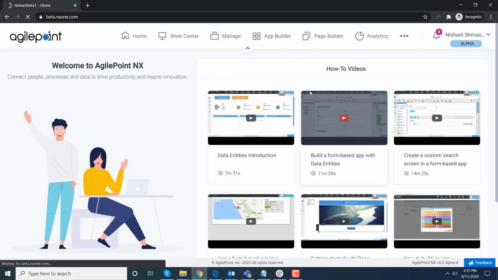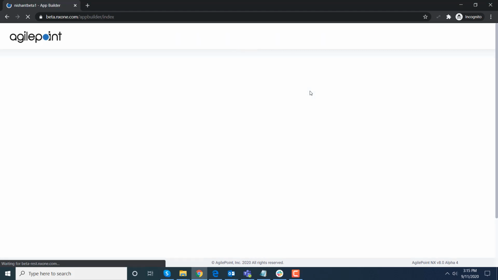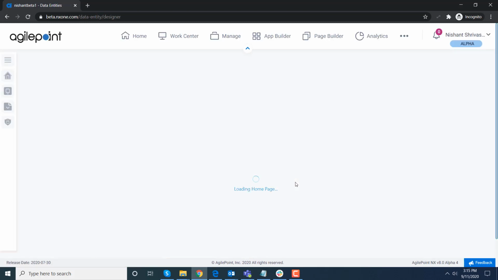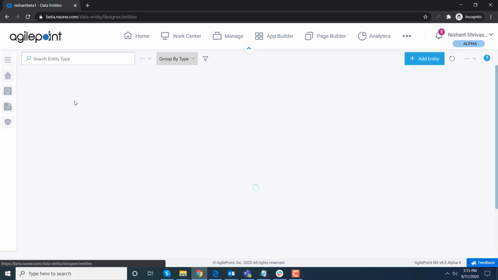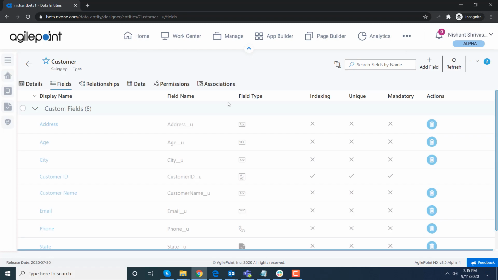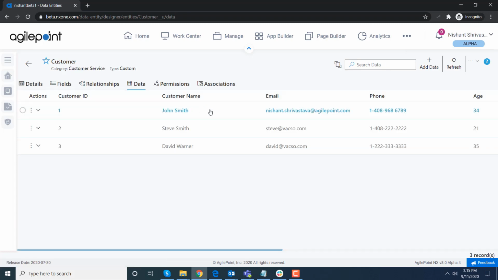However, the scenario here is that now that I have this data entity with data, I want to move it from development to production environment. So if I go to data entity over here and go to the list of entities, I have two entities, a customer entity and an order management entity. This is a master detail kind of a thing where customer is the parent table and order management is the child table. I have this set up right now, and as you can see, there are these three rows available. Now what I can do is go over here and say export entity model,